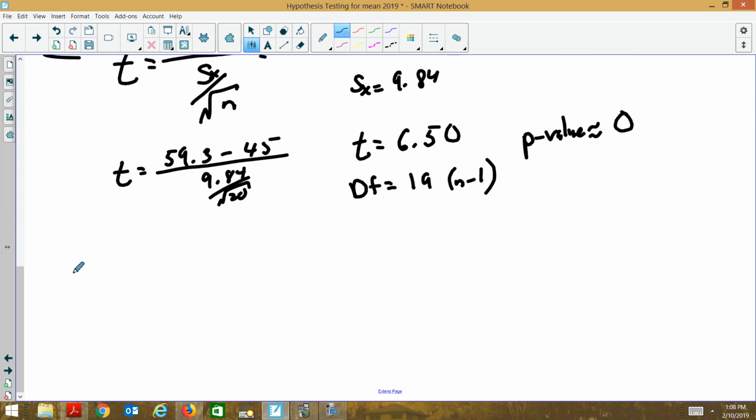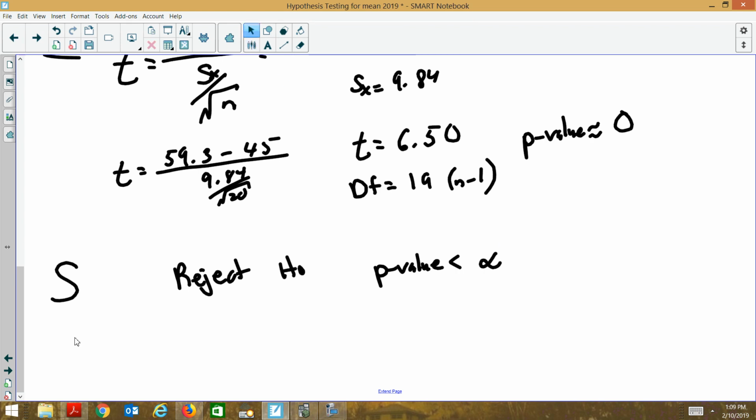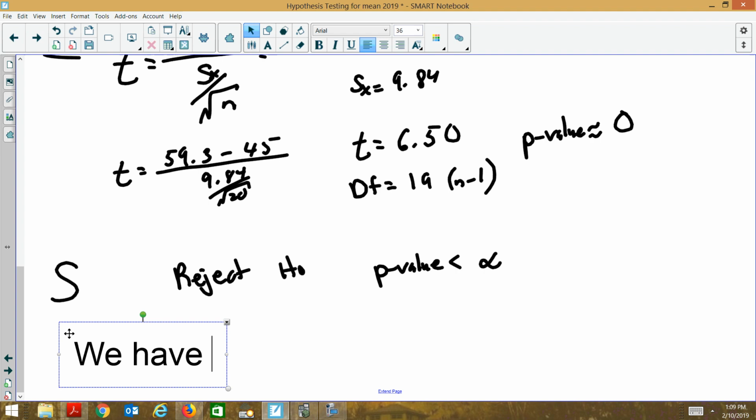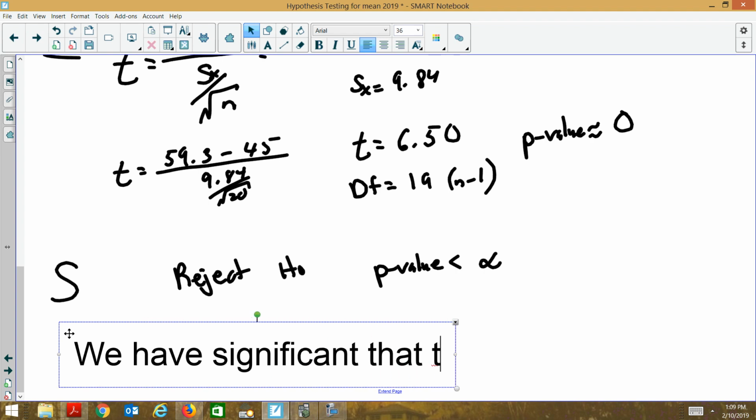So, to end, what's our solution? Well, first we have to reject the null hypothesis. Our p-value is less than our significance level. Therefore, we have convincing evidence, we have significant evidence that smoking abstinence